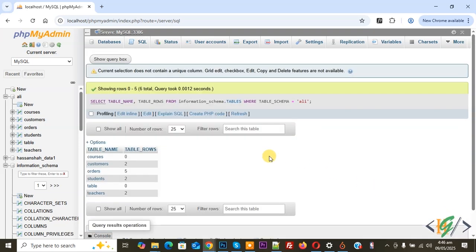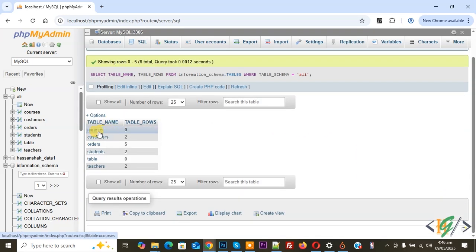Click on it and then you see table name. So this is our table name and then you see table rows. So this is a record. Now you see 0, 2, 5, 2, 0. So by using this query, you will find table names and table rows for a database in